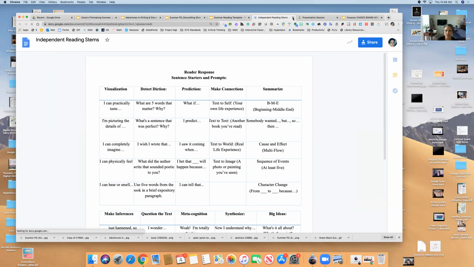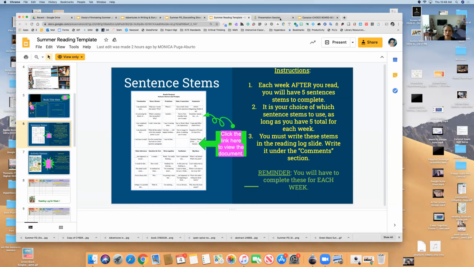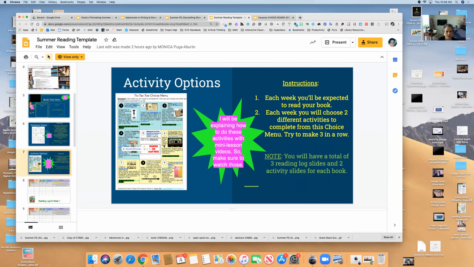And so she's going to try to scaffold the work a little bit better, more for them and a little cleaner for them so that they can get straight to their stems. And then here's one more idea that she put in here, which I told her I was going to share this with the next group.